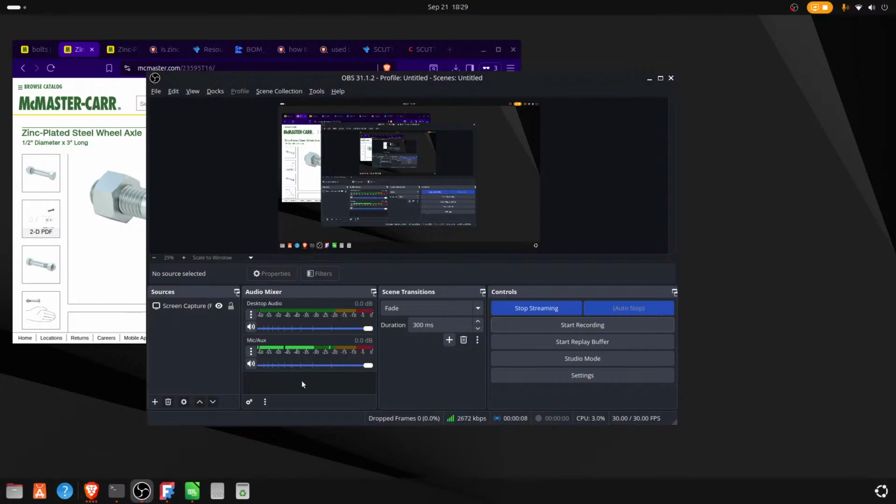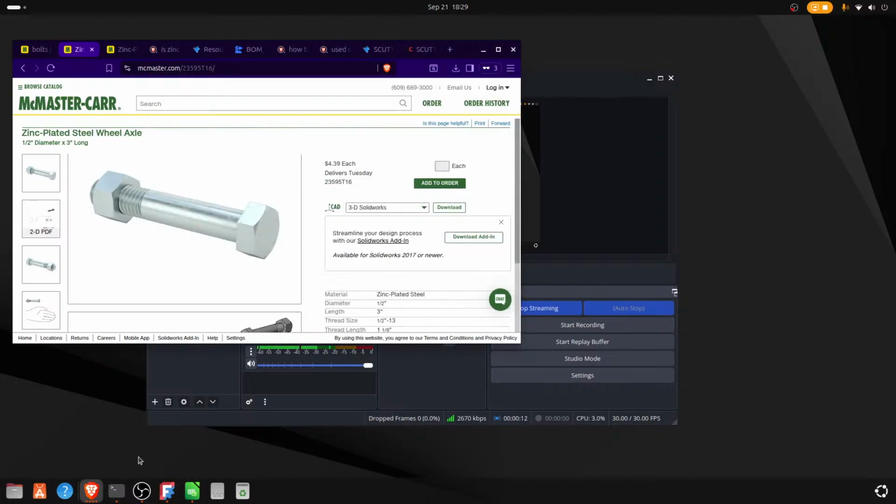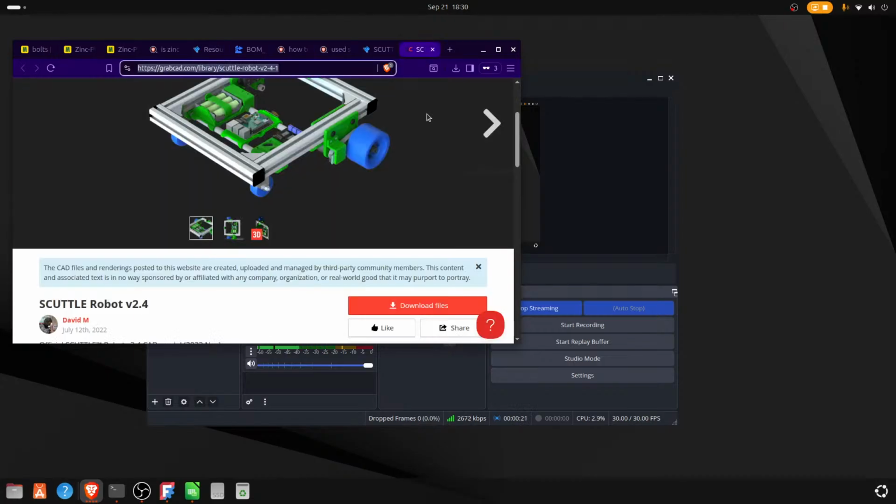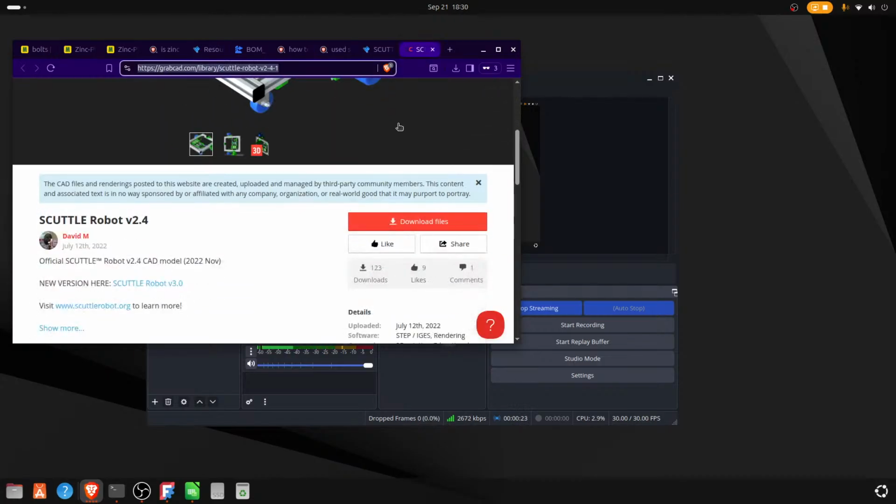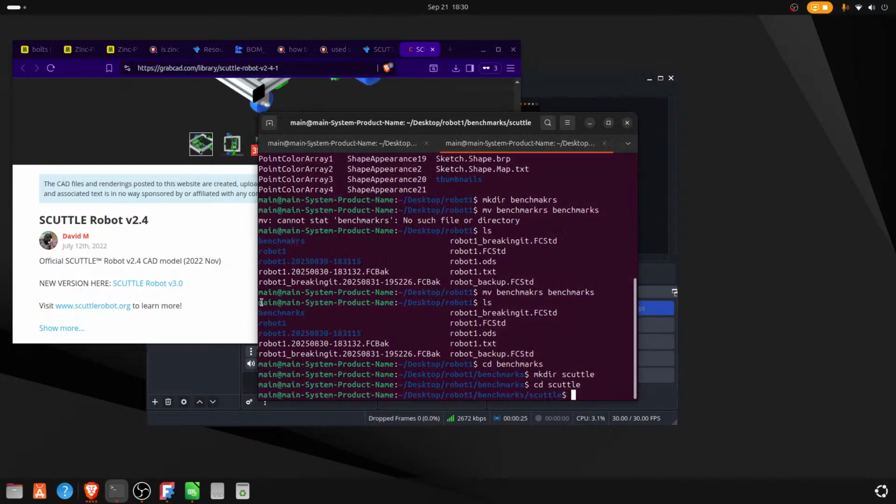No, it's the 7th. Hopefully I didn't name it incorrectly, where we're building a robot or two. So in this one, I got the CAD files, and so now,